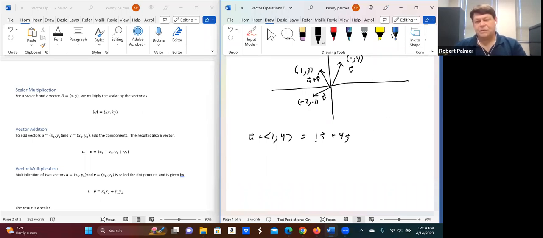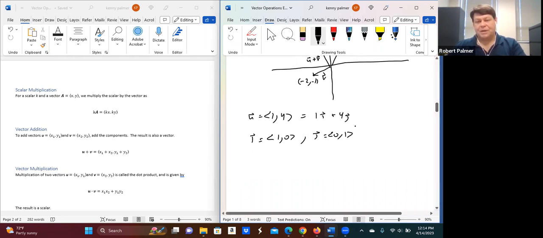Okay. Let's show that this is also true. Okay. So unit vector i was 1, 0. Unit vector j was 0, 1. Okay. I can actually show and get the same thing. So if I do u plus i, then that's going to be